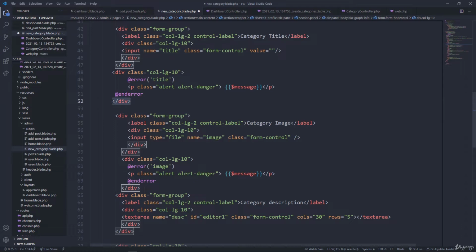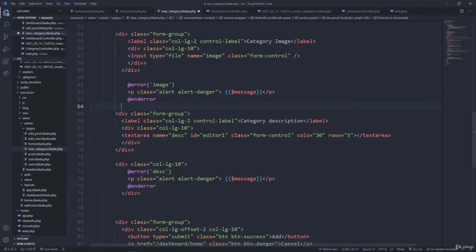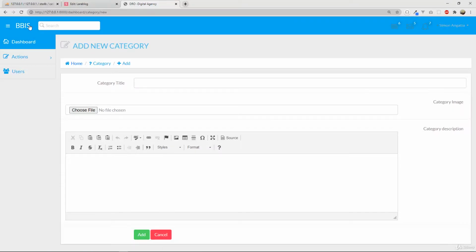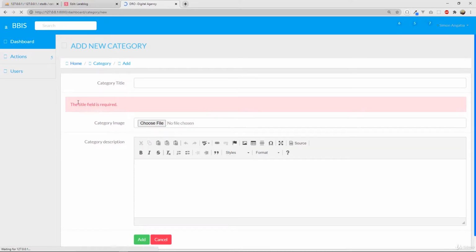We will style it well, but let's remove this for the time being. Let's save that and try it out again. Refresh. And here we go. Let's try to click on the button. This one is not required, but then if we enter that and try to submit,